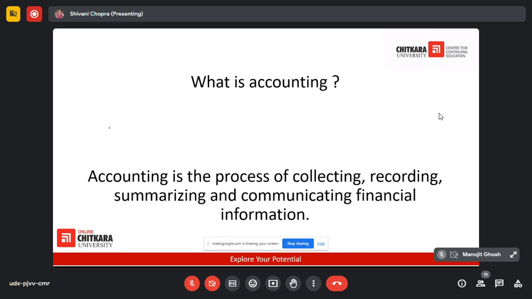So now that takes us to this point. What do we mean by accounting? Accounting is a process of collecting, recording, summarizing, and communicating financial information. Accounting is not focused only on keeping records. No. First of all, we need to collect all the information that is required in order to prepare financial records. So what type of information are we collecting? It is related to events and